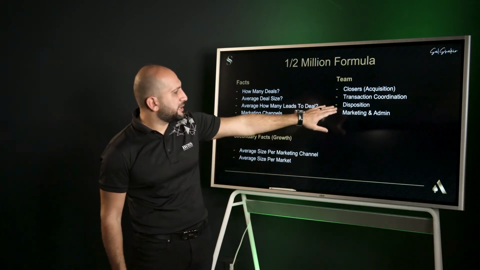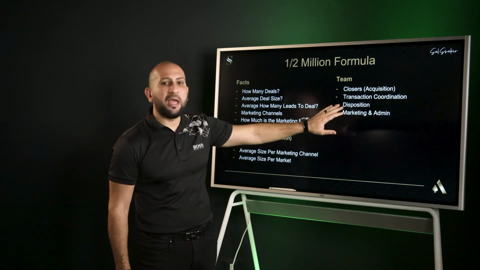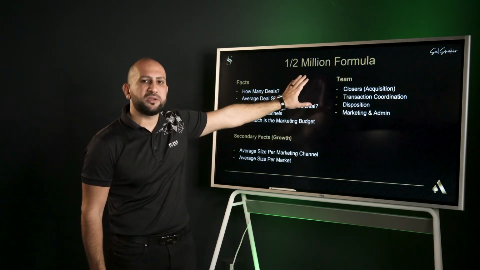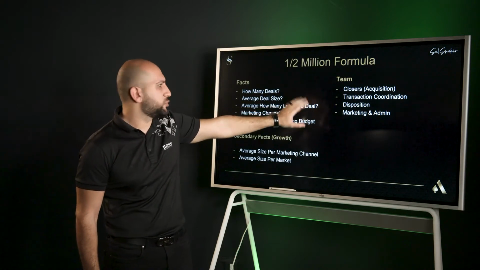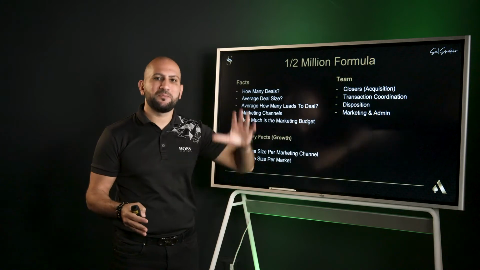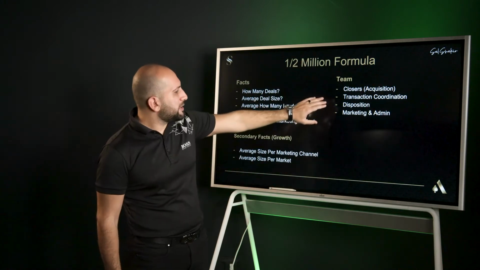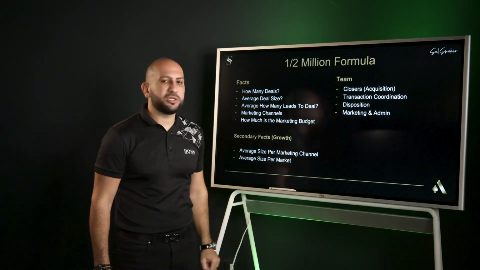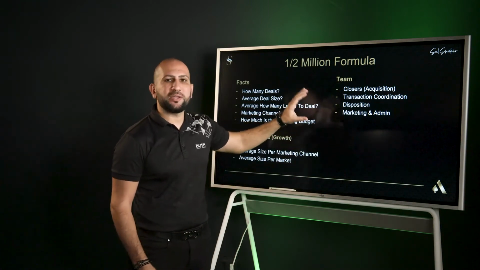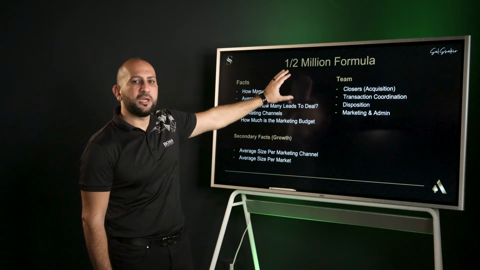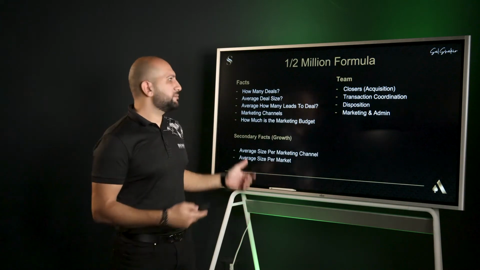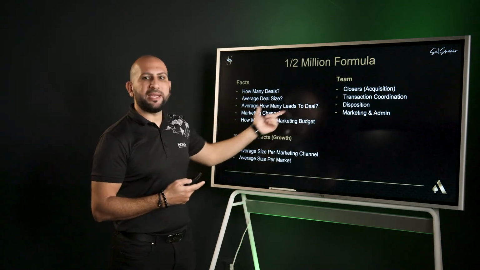But remember, if you start smaller, you can achieve this with a very small team, or even by yourself and with a couple of marketing individuals. And what I mean by marketing individuals could be virtual assistants from outside the country and whatnot. But really, you can do transaction and disposition all yourself. Or if you're starting really small, you can do all that. But if you're trying to scale to that number and more, you will need some kind of a team. That's what we're talking about. So now we're gonna be really digging deep and seeing what we really need to achieve that number.